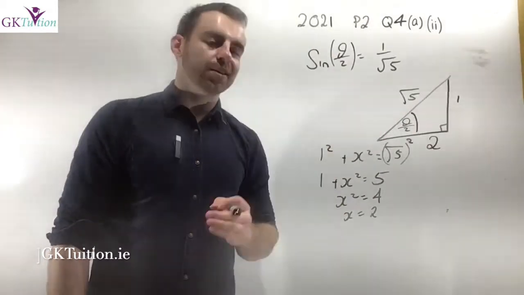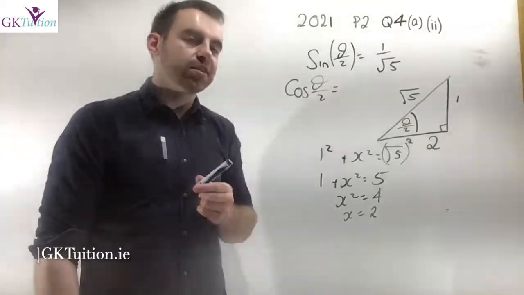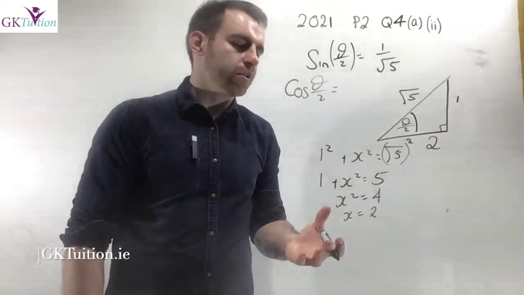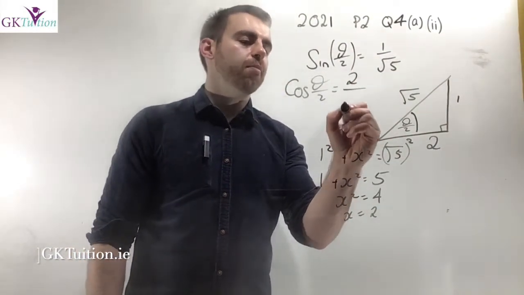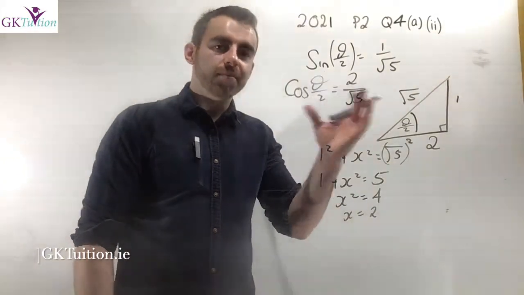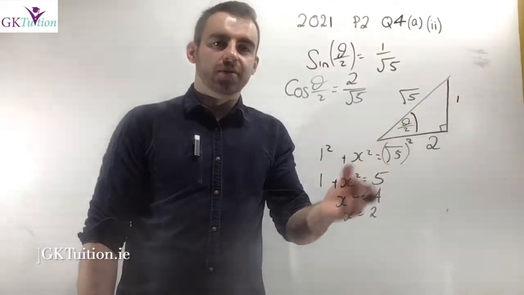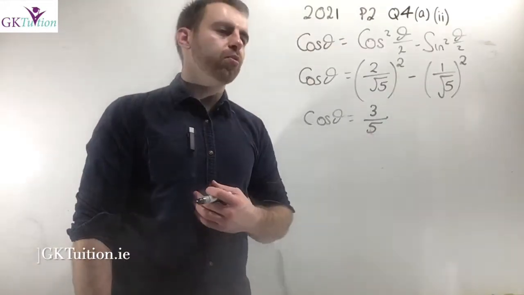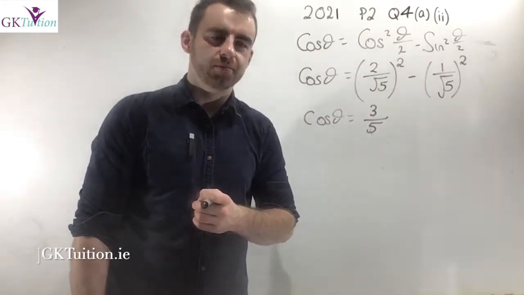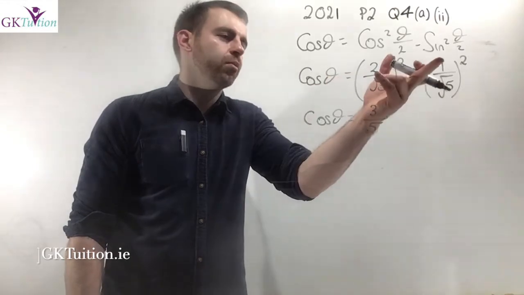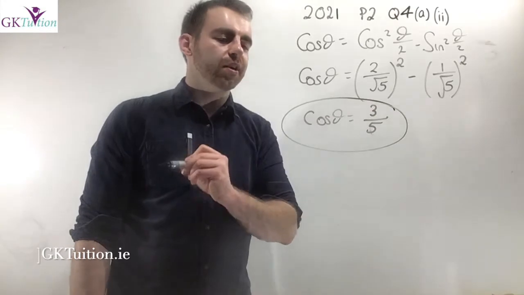Now that I know the adjacent, I can easily enough get the cos of theta over 2. We also learned at junior cert that the cos is simply the adjacent over the hypotenuse. In this case, the adjacent is 2 and the hypotenuse is the square root of 5. Now think back to what I said a moment ago. All we need is cos of theta over 2 and sine of theta over 2, and we can answer this question. So we've already worked out that cos theta is equivalent to cos squared theta over 2 minus sine squared theta over 2. We can sub in for cos theta over 2, we can sub in for sine theta over 2, and when you plug this into your calculator,